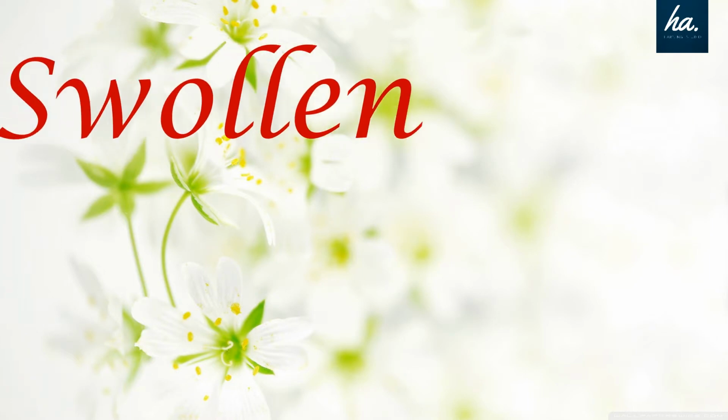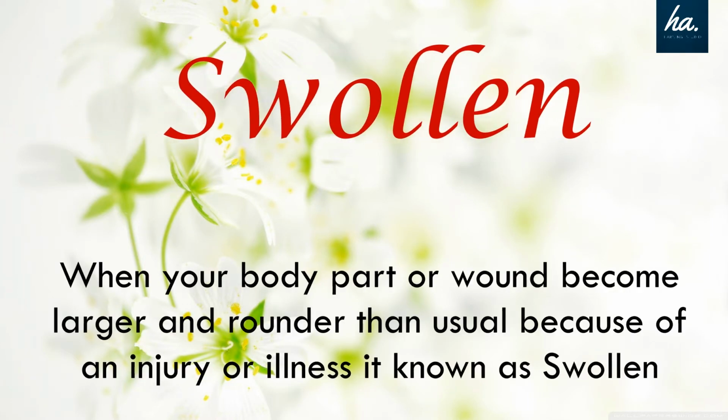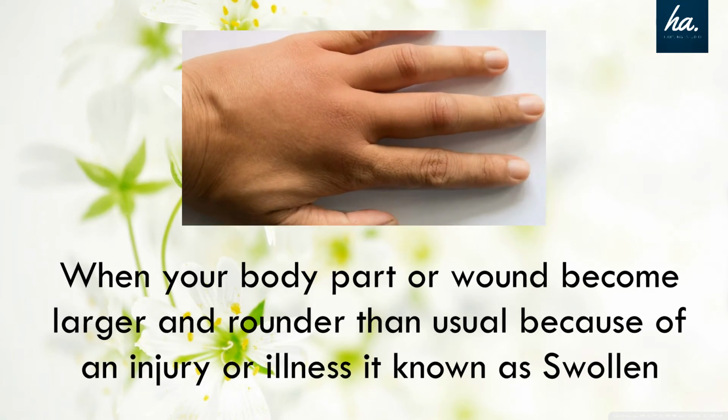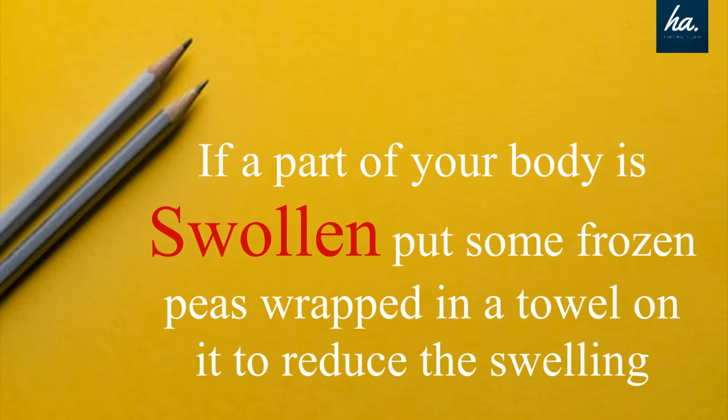Next one is swollen. It means when your body part or your wound becomes larger or rounder than usual because of an injury or illness, then it is called swollen. For example, if a part of your body is swollen, put some frozen peas wrapped in a towel on it